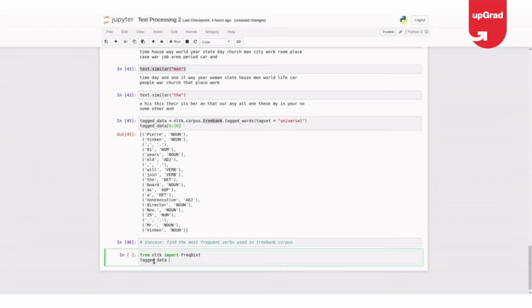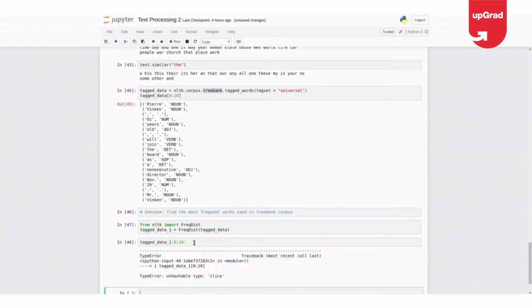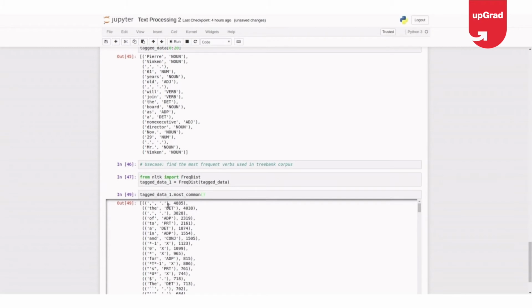Tagged data 1 equal to the frequency distribution of your tagged data. Okay, so now let me see tagged data 1. Firstly, the most common words are these things.